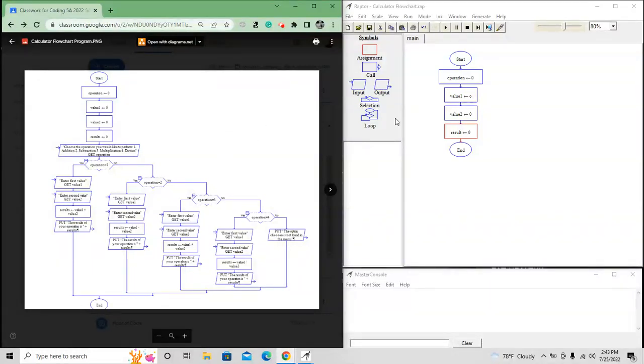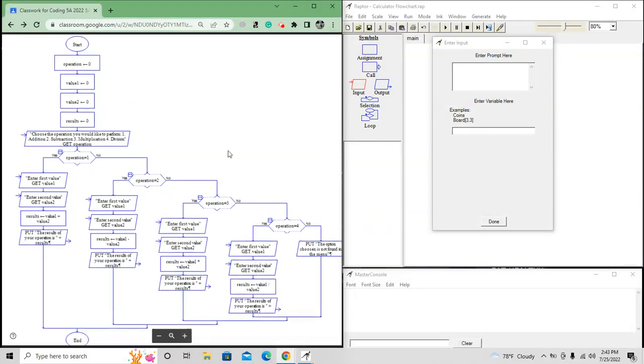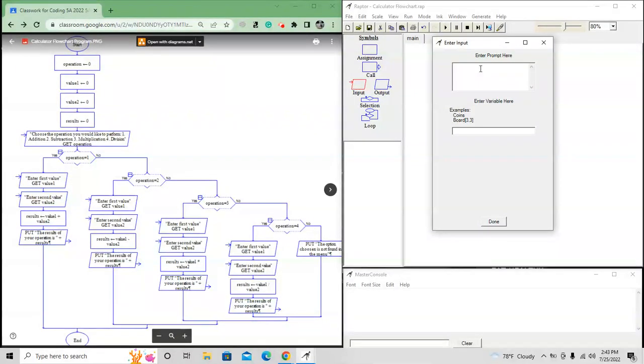So now we have all our processes, right? And we have them set up. These are empty variables. Now, if we look at our map, we see that there is an input. So the input represents what we want the user to put in, right? But what do we want to tell the user? That's the important part. What information do we want from the user? Kind of like when you go online and put in information about a platform, your name or your email and stuff like that. So we want to tell the user